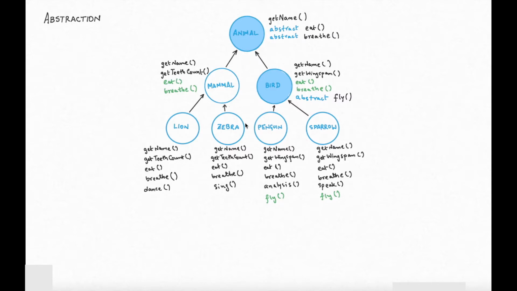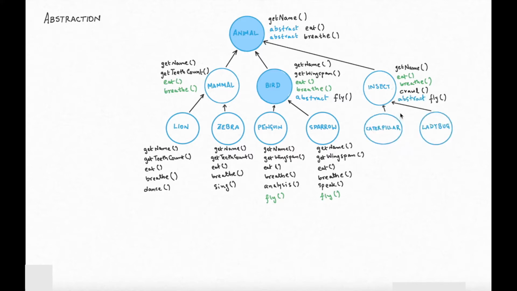behind our design here. Let's specifically think about insects, and insects would fall under animals. Now, some insects can fly and other insects cannot fly. So if we implement an insect class, then we also have to have the abstract fly method there. In this case, we will get the getName method from animal, and we will have to override the eat and the breed methods. Let's say this class has its own unique method named crawl, and we'll have an abstract method